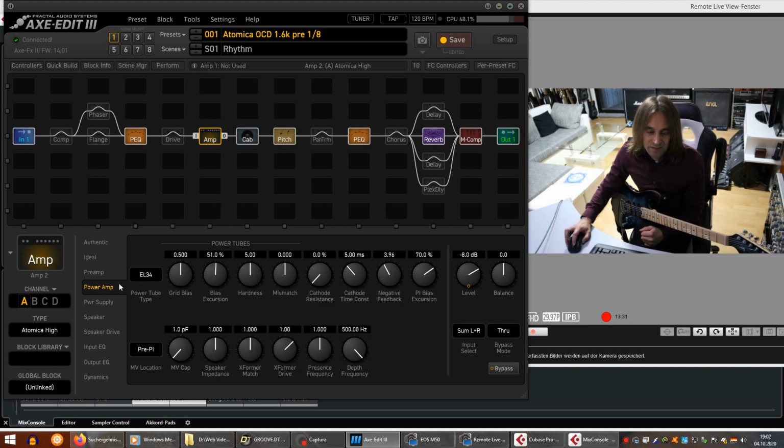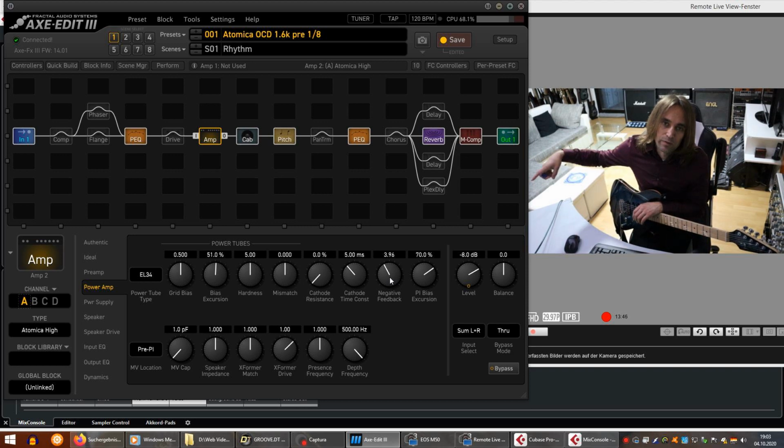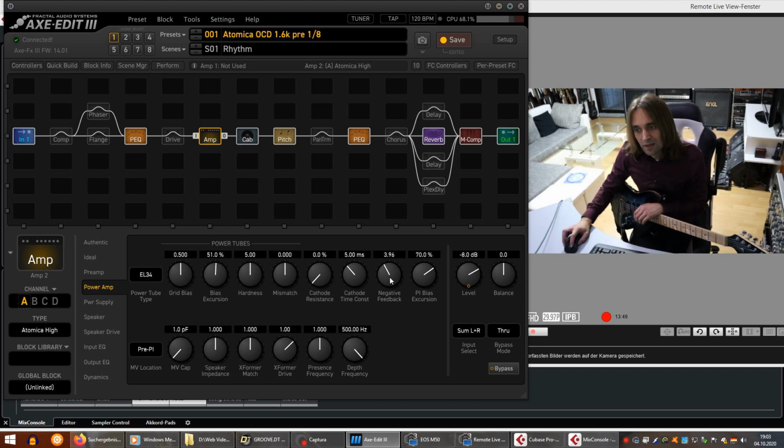In the power amp section, especially with high gain amps, I don't do that much because, as I said before, most of the tone shaping is happening in the preamp. One important thing here is the negative feedback, which is basically the amount of the signal that is coming back from the output of the power amp back to the input. And many of the modern amps have this feature to reduce floppiness in the bass. If you reduce this,